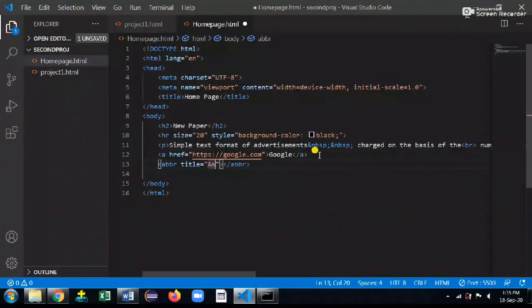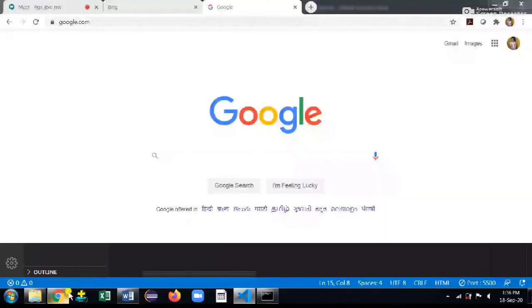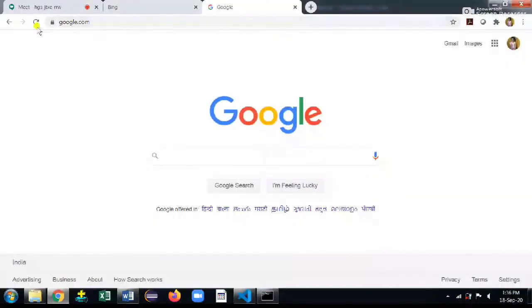So I'll give as soon as possible. And for this line, we have code word ASAP. Control S. So we will see the ASAP on the web page, and when you mouse over this element, you can see this code word description. Control S, go to your web page and refresh.